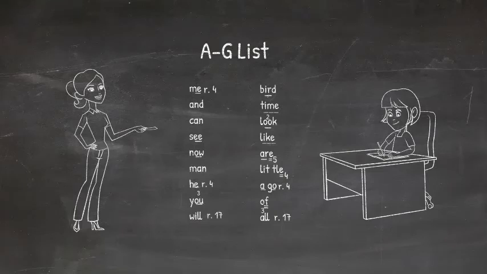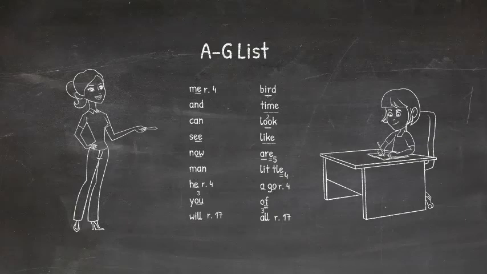At the end of all this, we would then sound it for spelling and then go back up the list in normal English. M, E, me. A, n, d, and. K, a, n, can. S, e, see. N, ow, now. M, a, n, man. H, e, he. Y, oo, you. W, I, ul, will. B, erd, bird. T, I'm, time. L, oo, k, look. L, I, k, like. R, little, little. A, go,